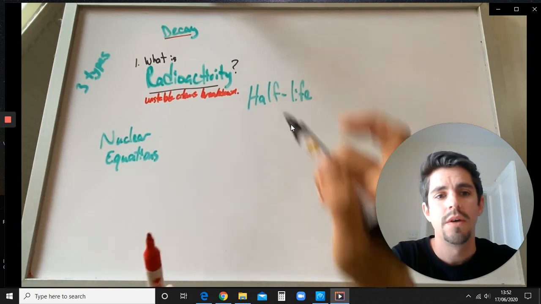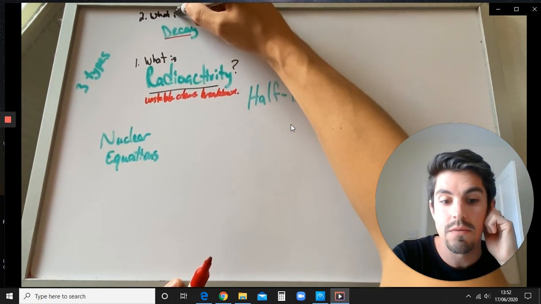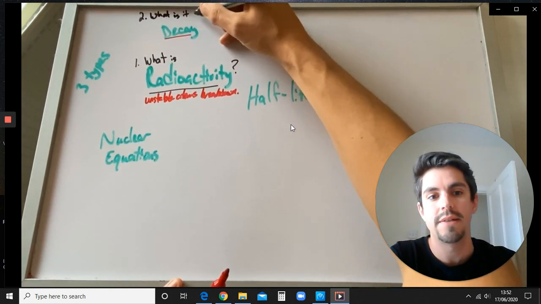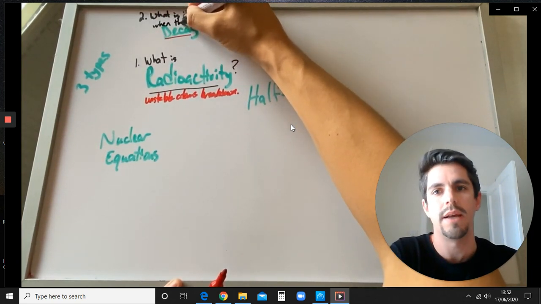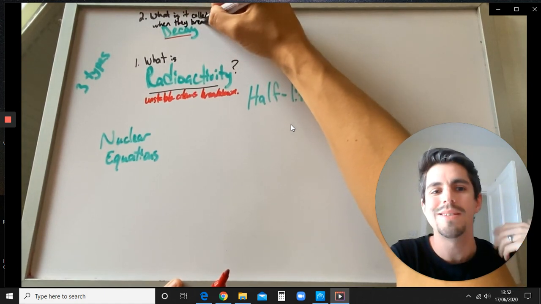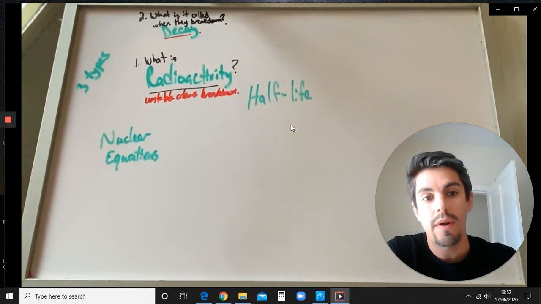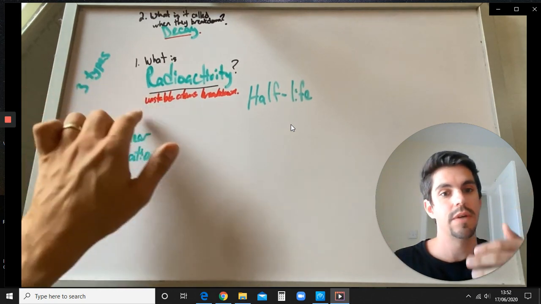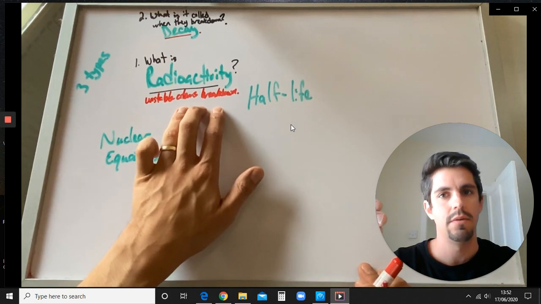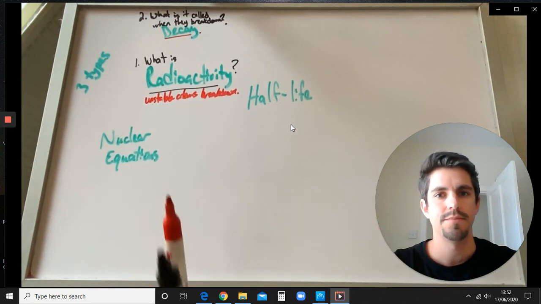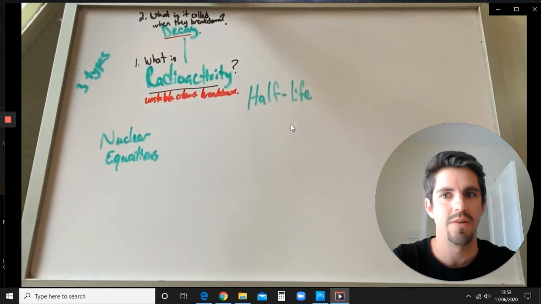The second question is, so when they break down, what is that actually called? Well, the answer is decay. Okay, so what is it called when atoms break down? It's called radioactive decay. So something that is radioactive is something that can go through this process of breaking down or decaying. When it does that, that's when it releases that radiation. And it might stop being radioactive at that point, or it might turn into something else that's still radioactive, but it's a different thing. So number 1, what is radioactivity? It's unstable atoms breaking down. When they break down, we call that decay. All right? So there's my first link there. Radioactivity is all about decay.